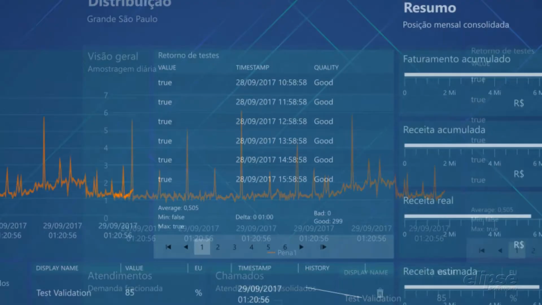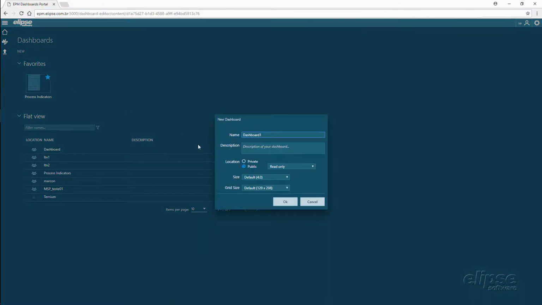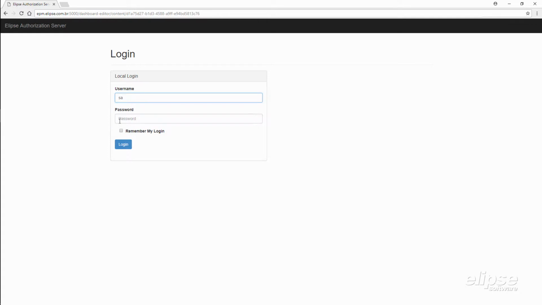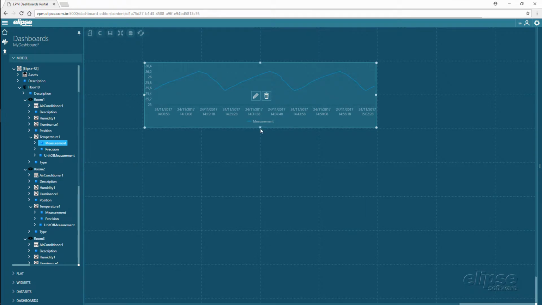EPM Portal is the perfect EPM component to display your process indicators clearly, objectively, and in real time. Its simple and intuitive interface allows the construction of dashboards, public or private, by the user directly in your internet browser. With integrated authentication to the EPM server, you can create various historical and real-time views of information